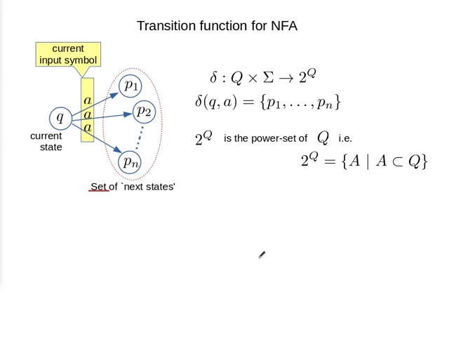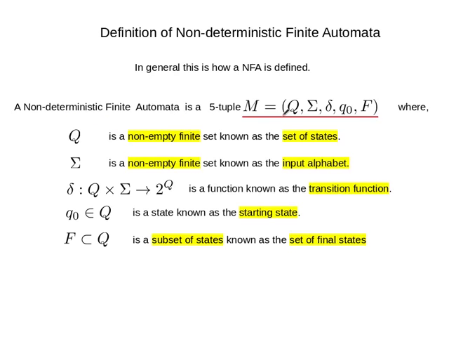In the last video we saw that the only difference between DFA and NFA is that in NFA, instead of a single next state, you get a set of next states depending on the current state and the current symbol, right? So that is why the signature is this. You take a current state and current symbol and it gives you a set of next states, right? So it is a single step process, and then we defined the extended transition function which takes care of strings here. So instead of sigma here we will have sigma star, and that we defined